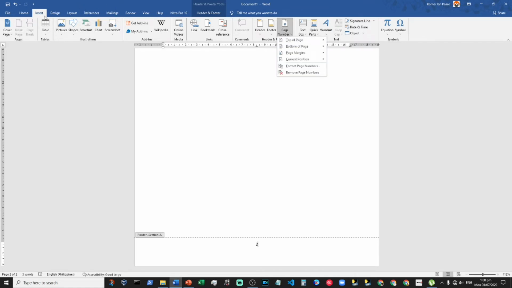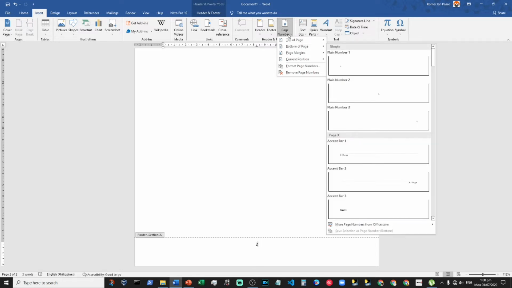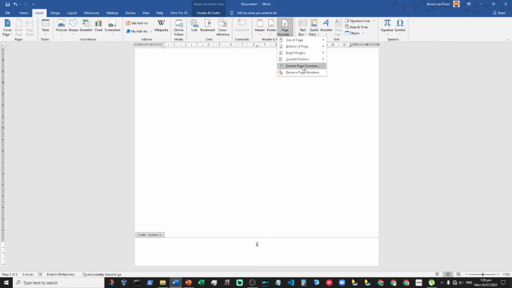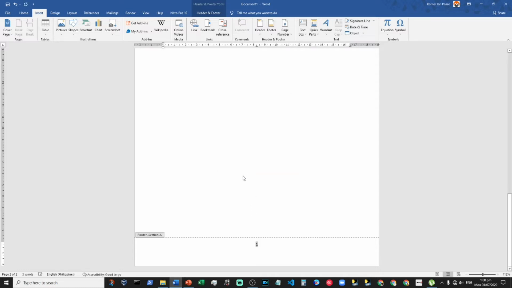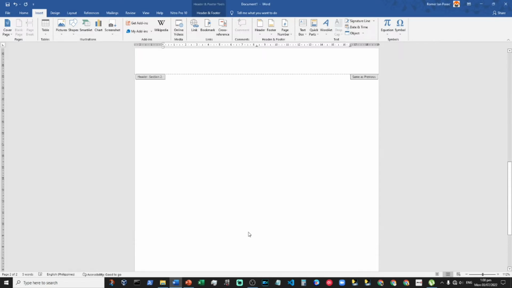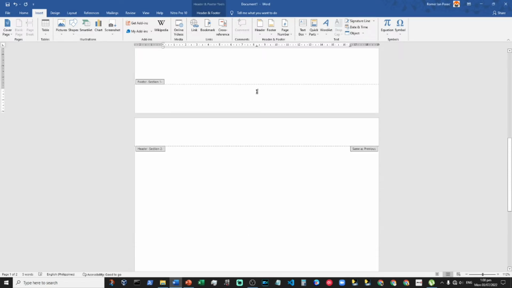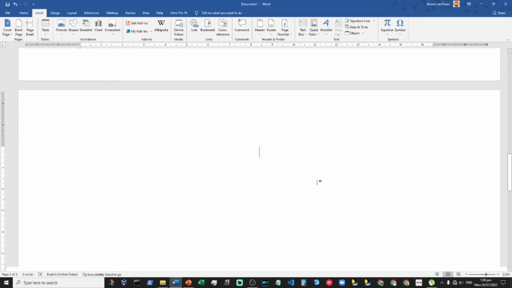So we go back to the insert tab, page number command, then format page number, then we click on start at 1. Notice that it now shows 1 here, and for the first page you could just simply delete that. So if you look into your document,